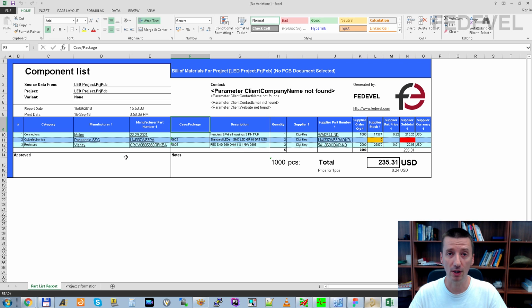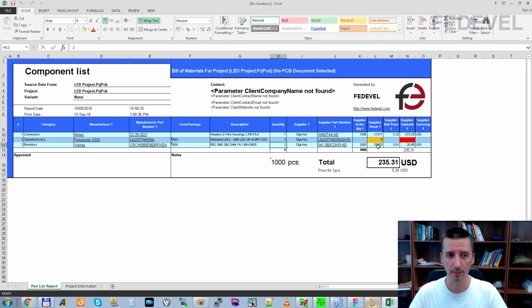Here you can see a list of all the components which are needed to build the NOV variant of our board. One piece of the Molex connector, 2 LEDs and 2 resistors. What is really good is that all the information which you can see here was taken directly from DigiKey when this BOM was generated.